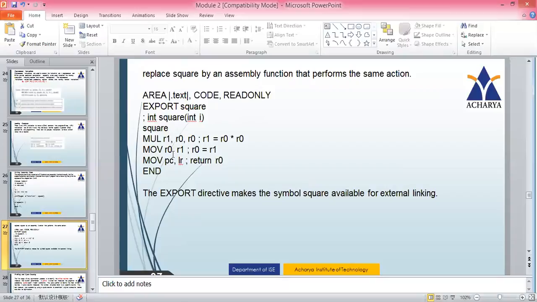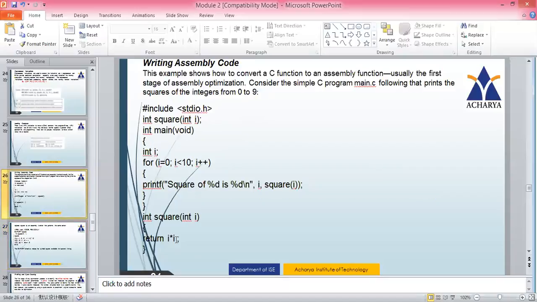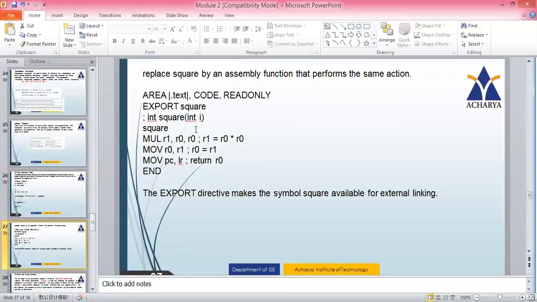Now, square is a function written in assembly code. So what are we doing in the square function here? We are multiplying. Here we make use of the variable I, but in our code we will make use of a register, any register. So we will take the help of two registers. We have to multiply, so the MUL instruction is used: MUL R1, R0, R0.